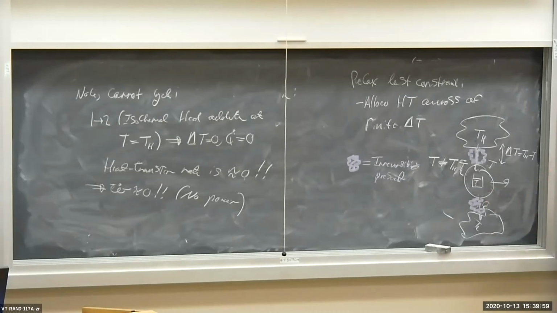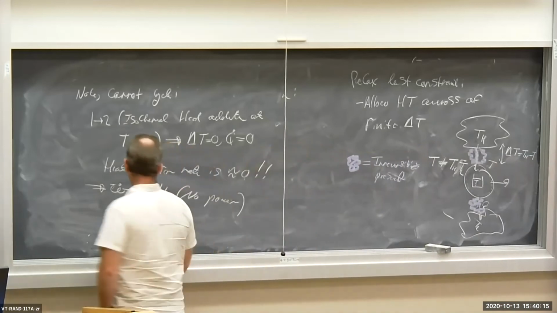And we do that so we can actually get some heat transfer. We want a finite delta T here. In fact, the greater the delta T, the more the heat gets transferred per unit time and the more power we produce. Okay? All right,